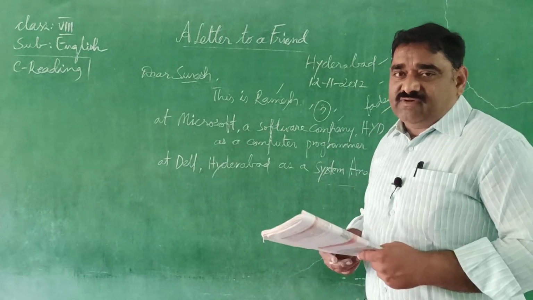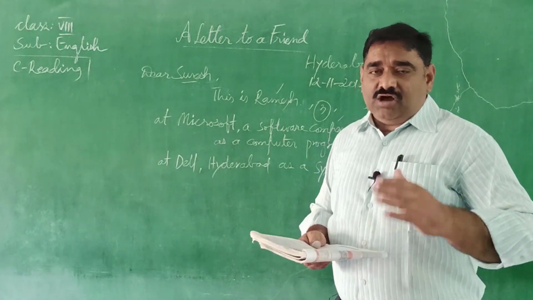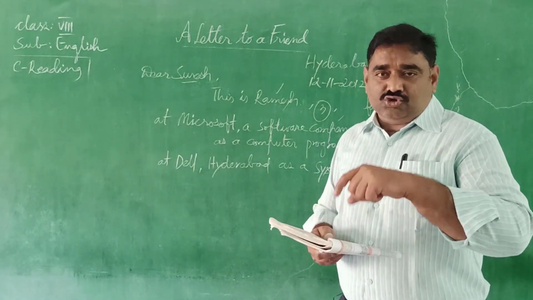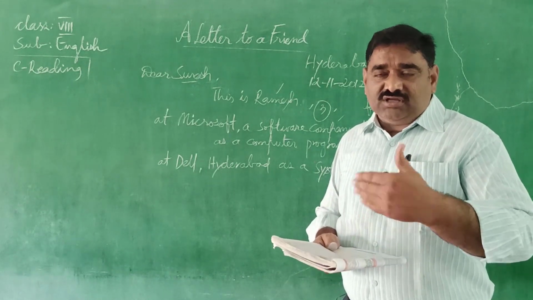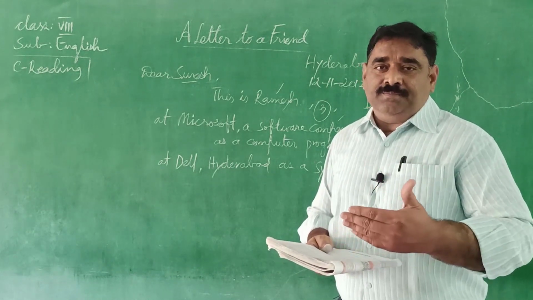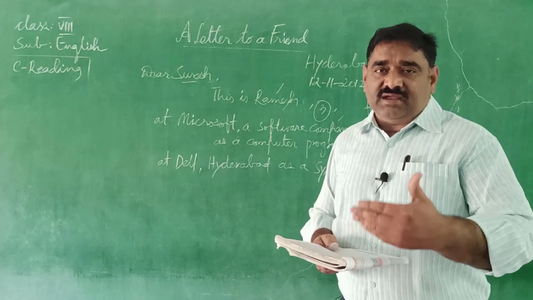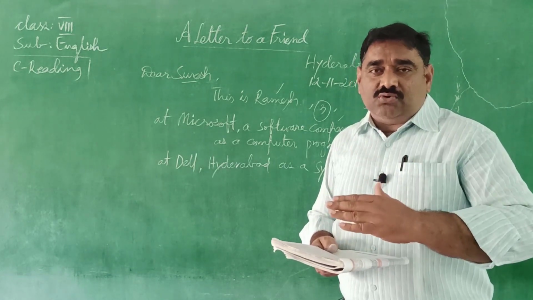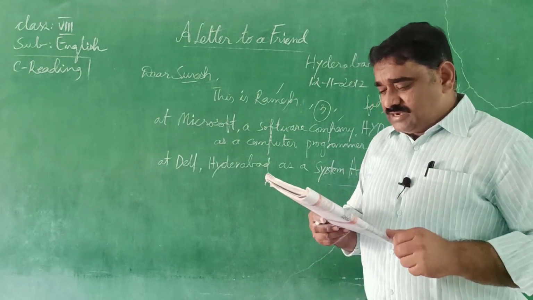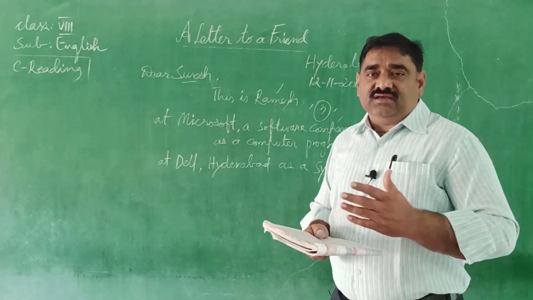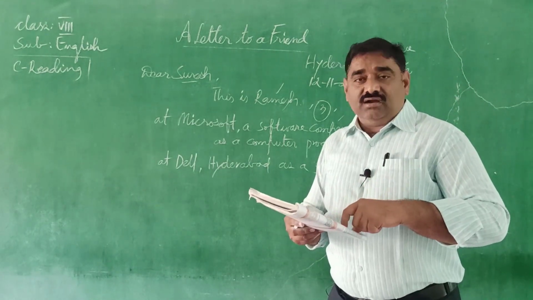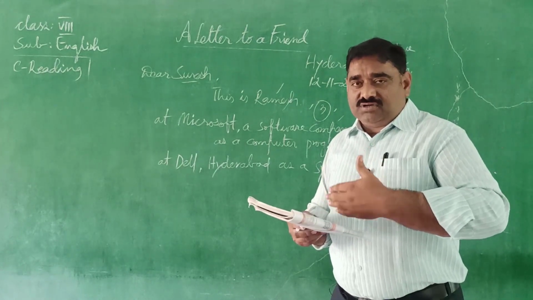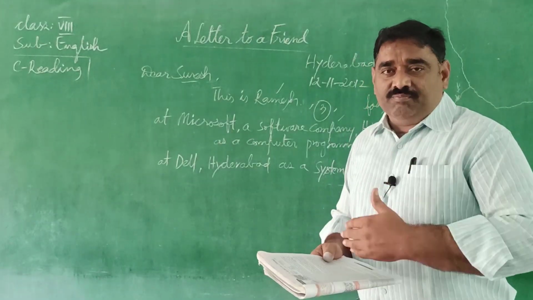The remaining things we will discuss in the next video. Up to that, you should read the two paragraphs repeatedly. Find out the vocabulary, whatever you feel difficult. Go through the dictionary to find their meanings or antonyms. Try to use those words in the form of your own sentences. I will come back again with some other video, the discussion about the upcoming paragraphs.